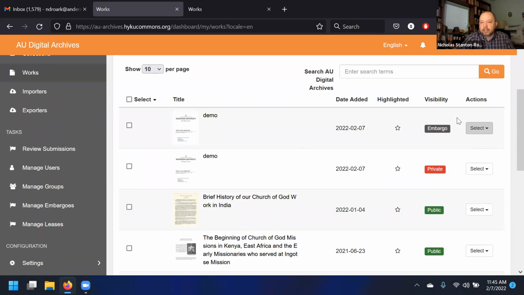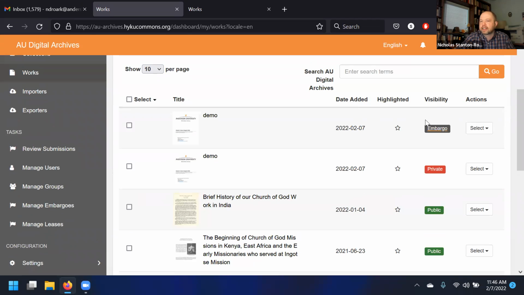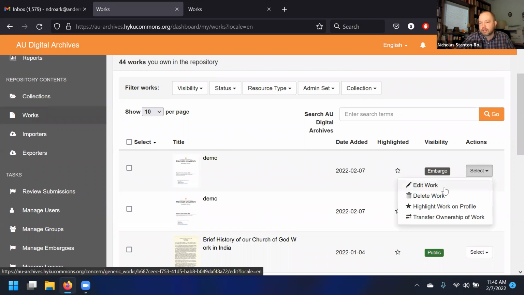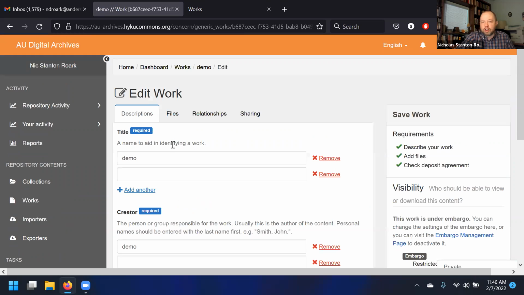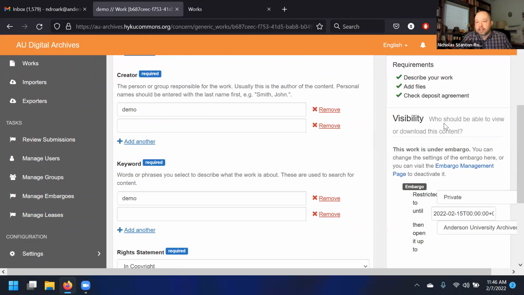I will demonstrate, you can see that this has an embargo visibility, which actually sort of overwrites the fact that this has currently a public visibility, but also is embargoed. And after a certain amount of time on the 15th, so 2 weeks from now, will change to a institutional visibility. But the fact that there's an embargo overrides that on this visualization. But also, as the person who uploaded it, I don't have to, or as an administrator, honestly, but